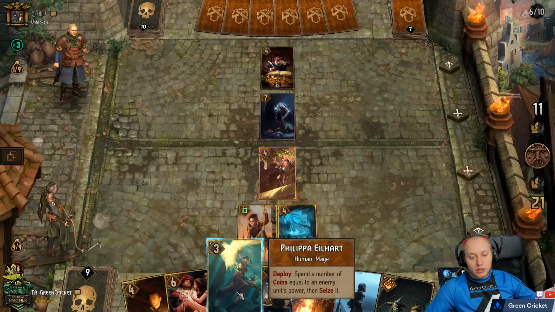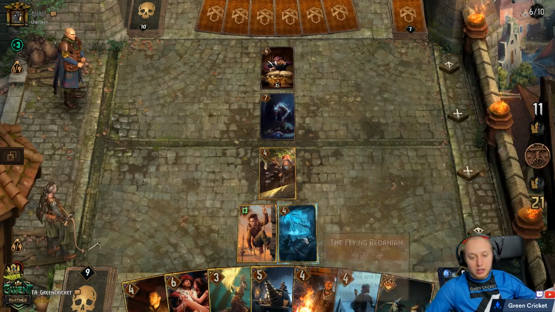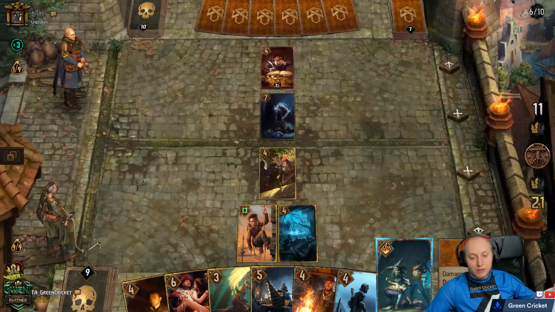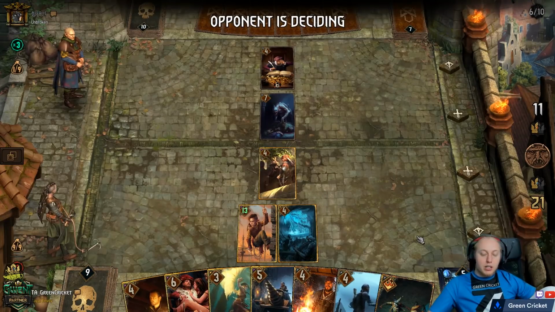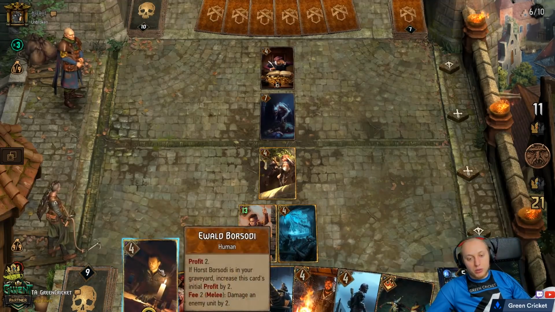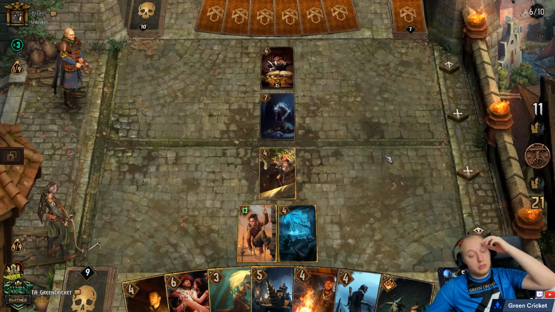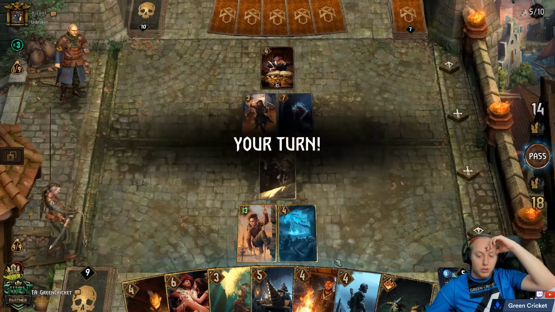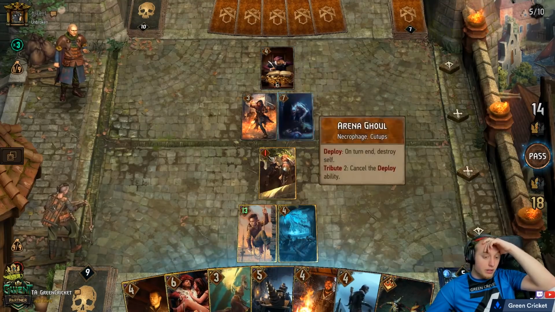Now we can play Adriana, we can play Philippa, and there is my Redanian. My flying Redanian. I'm still looking forward to the premium artwork. Give me something for payday, that would be amazing. Actually, we can set up payday easily with Borsodis later, so... That's why last say is important. Sure. If you want to steal something...